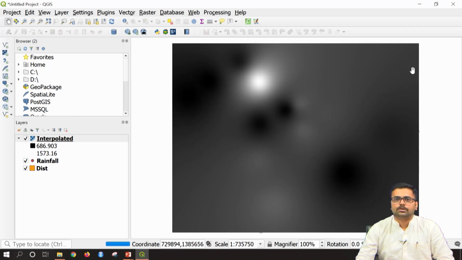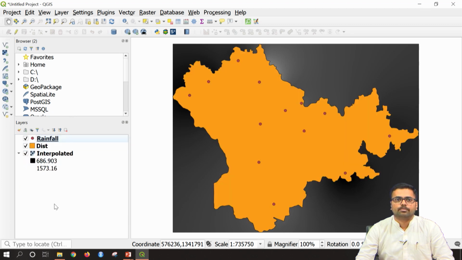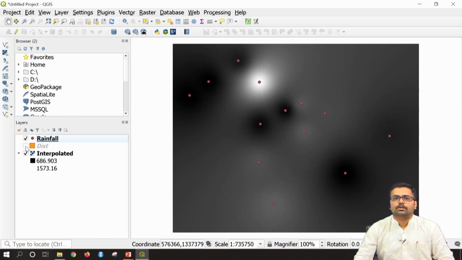I will close processing toolbar. So, now if you want to bring points on top of this, I will just pull this interpolated map down, or you can also pull this rainfall to the top. Yeah. Now, you can see the points and the district. I will just turn off the district so that I can visualize it properly.